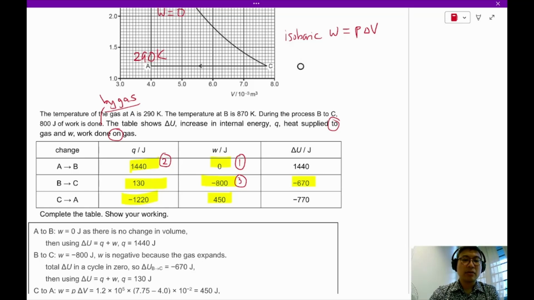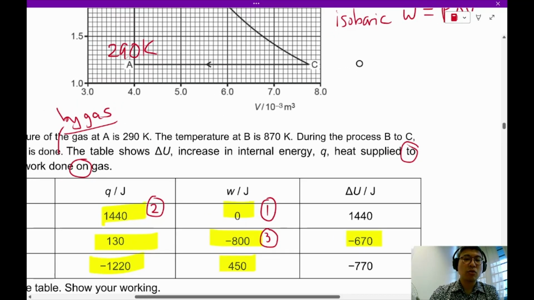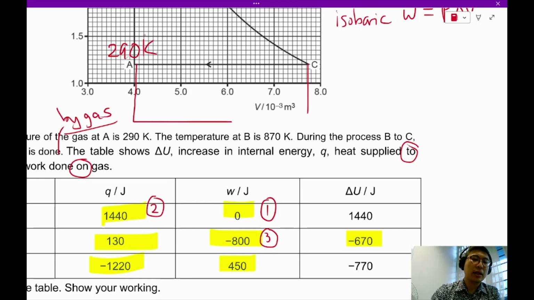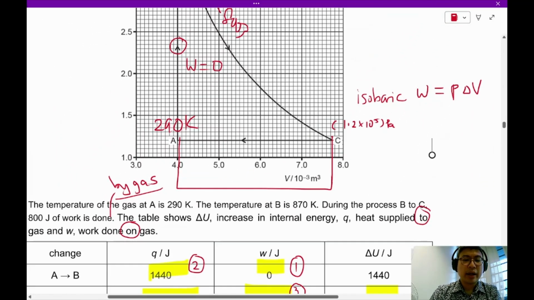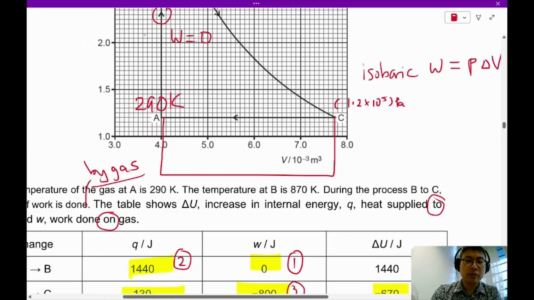Okay, so actually from C to A is an isobaric process. So you can take a look at the work done. The work done will be this triangle over here. The pressure at C is 1.2 times 10 to the power of 5 Pascal. And then the change in the volume over here will be like